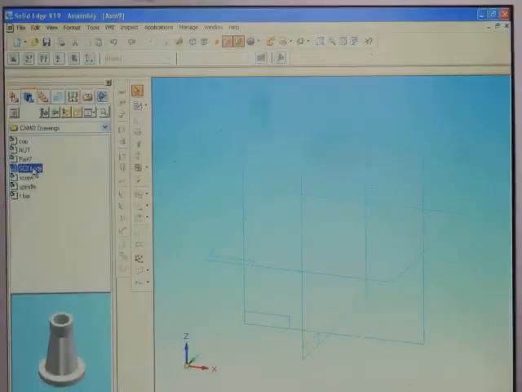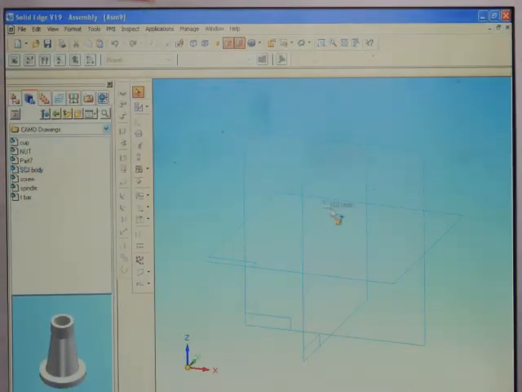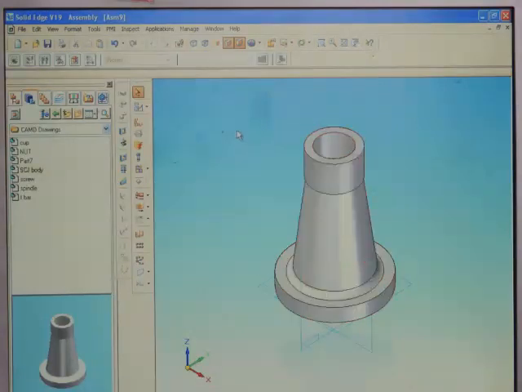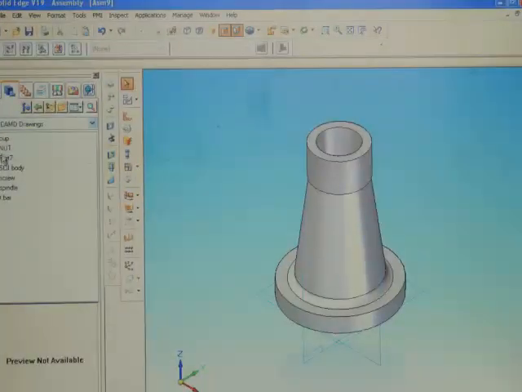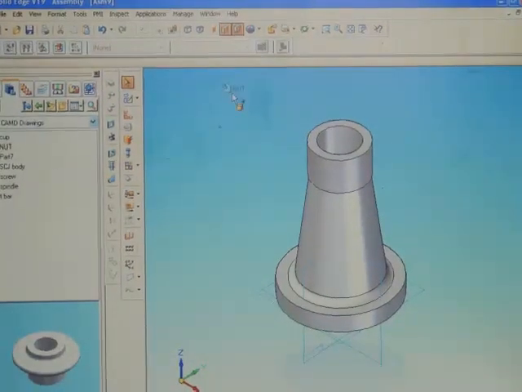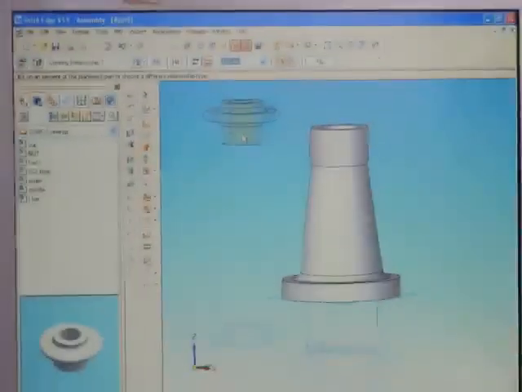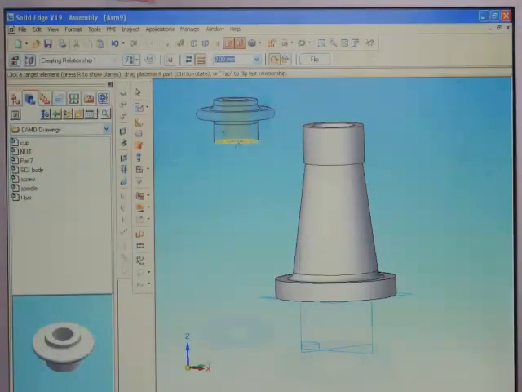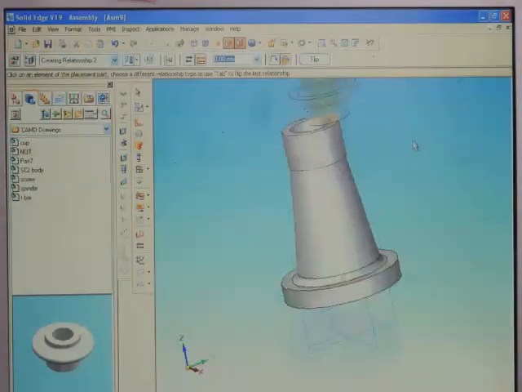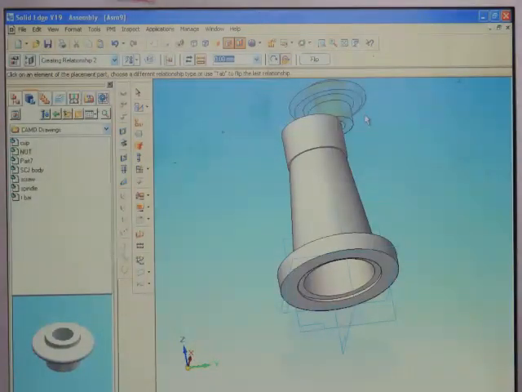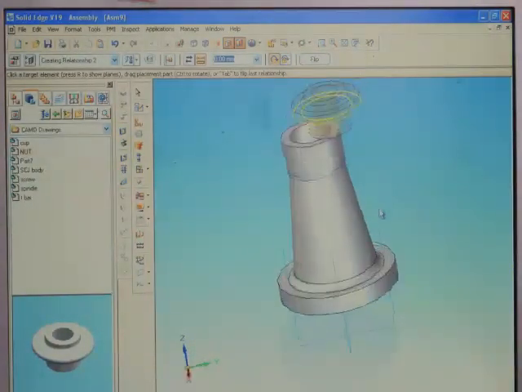First go to the screw jack body. Scroll this here. The next part is the nut. Select the nut here. Now select the axis of rotation. The axial rotation lock with this axis. Now go to planar alignment.